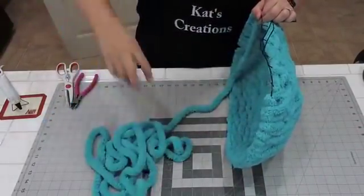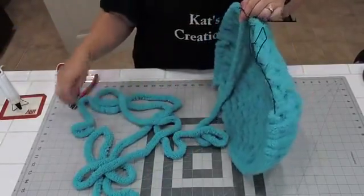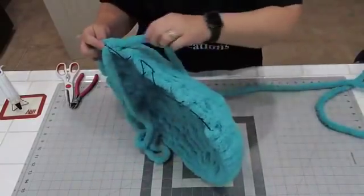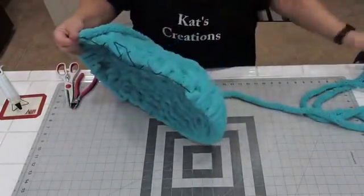Okay, let me find my, there's my end. So I'm over, trying to get that last section in for my over. Should tighten up right there. And then